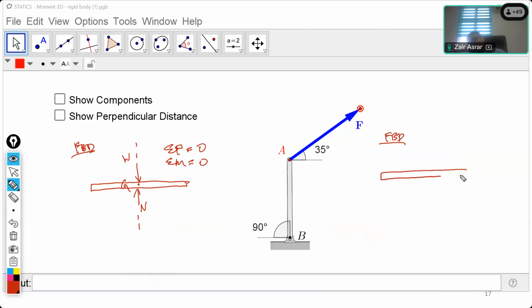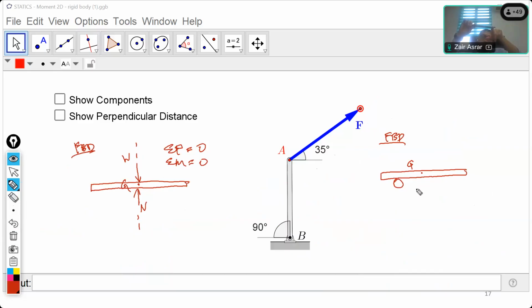Now, if we draw the free body diagram for a slightly different case, in this case, instead of having the support directly at the CG location, I can move the support slightly to the left or right. So for example, in this case, I just move it here. Okay, I have only one support. So just by looking at this example, we can picture in our head, we are supporting only on one side of it.